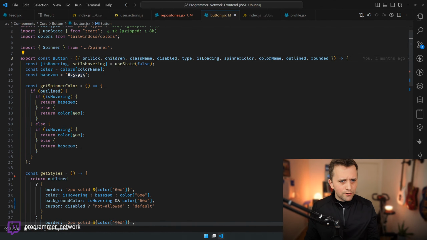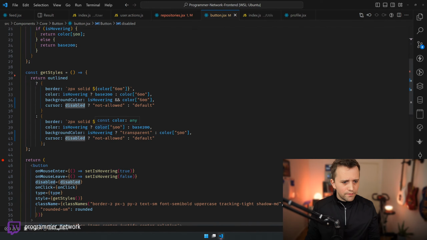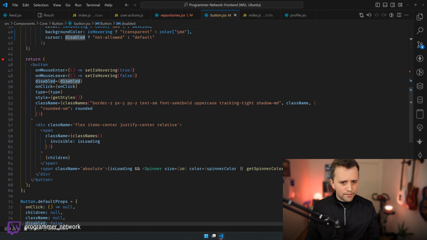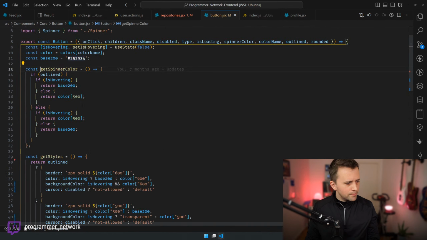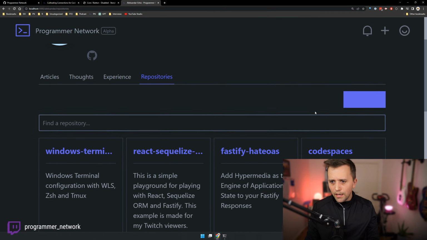But we know what the issue is. It is something with the disabled state. So if the button is disabled, what happens here? Look at this. It takes a while and then it starts spinning.